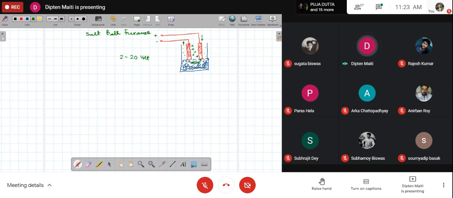Some sort of burning of coal, some sort of gas or any amount, different types of liquid fuel, this sort of way. Okay. So however you can do that, because electrical energy can be supplied to you and you can generate electrical heating. Okay, sir. So these are the advantages.